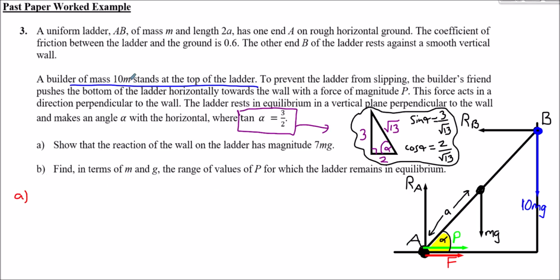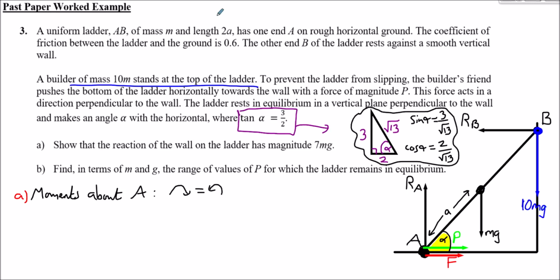So for A, let's do moments from A, moments about A. So clockwise will equal anti-clockwise. So the moments going clockwise for A are going to be these weights, the mg and the